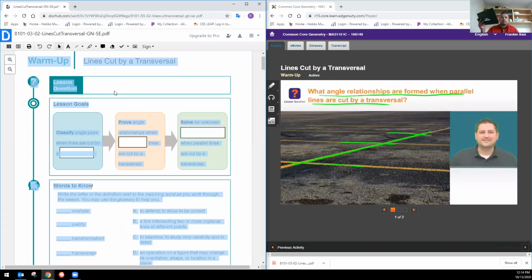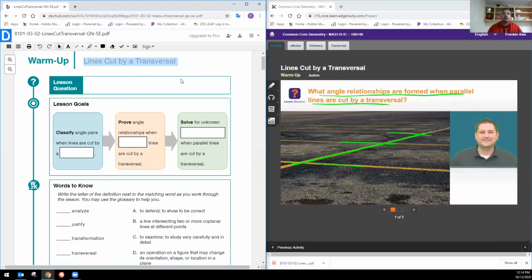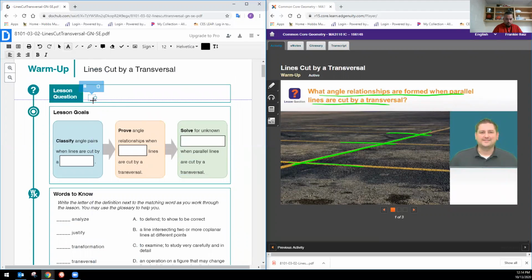We got new toys, guys. I'm over here trying to figure out how to use this correctly. Let me get a little bit extra room up here so I can situate myself a little better. I've got everything in front of me, so we just have to get these right. Okay, so there's our question there. Let me go ahead and type in my question real quick, which is, what angle